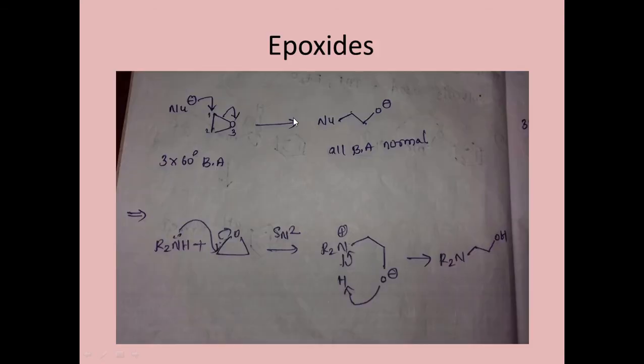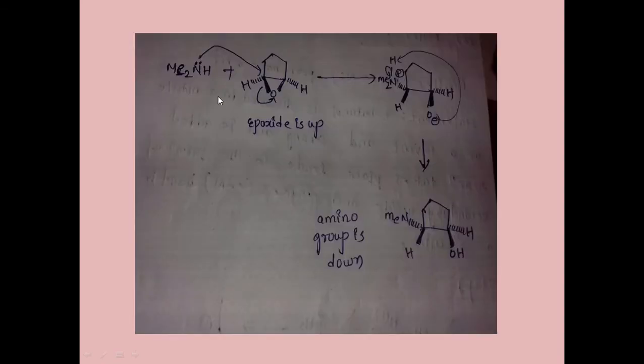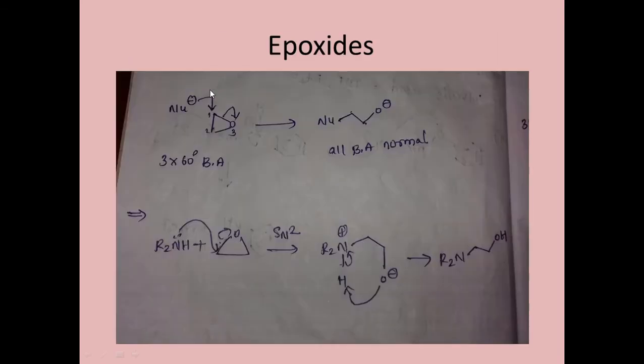Now we will see epoxides. Epoxides can act as an electrophile if they get a nucleophile from any source. Here there is a nucleophile, it will attack here and this bond will get shifted. And why is it doing like this? Because the bond angles are unstable, that is 60 degrees. There is a lot of bond angle strain. After the reaction, all bond angles are normal, right? This is the general mechanism. Now we'll see some examples of reactions.